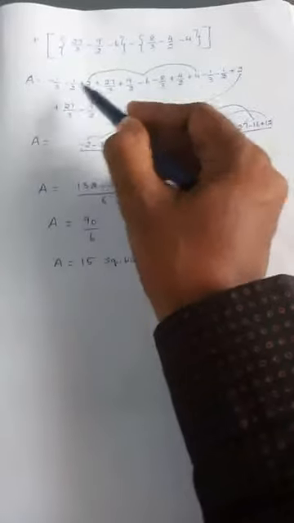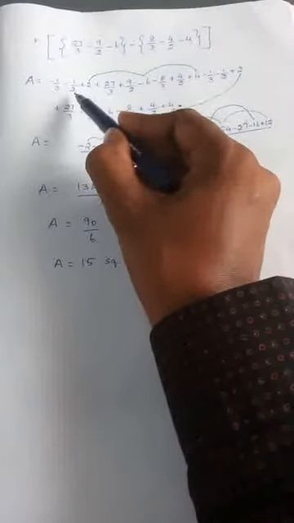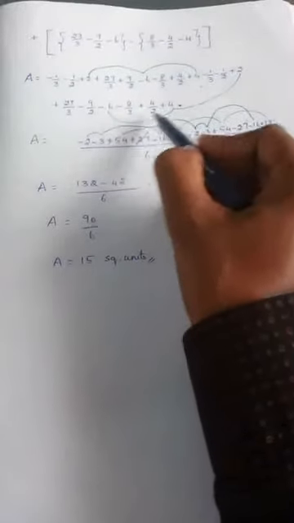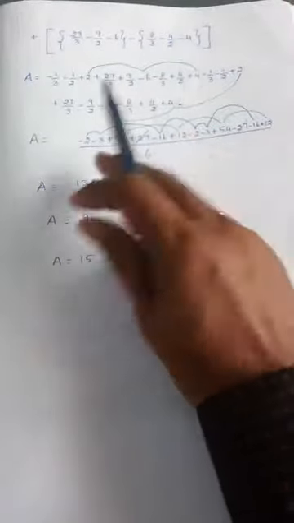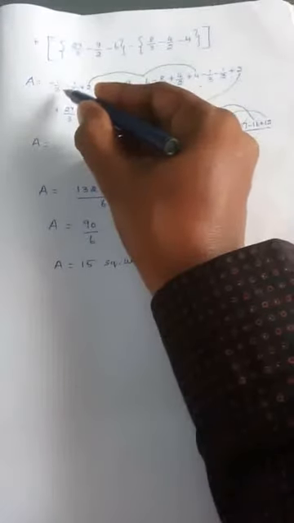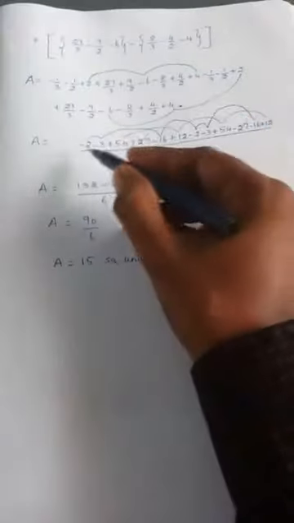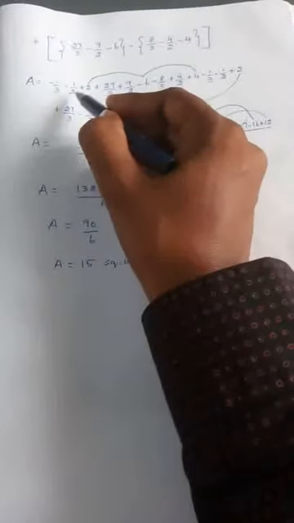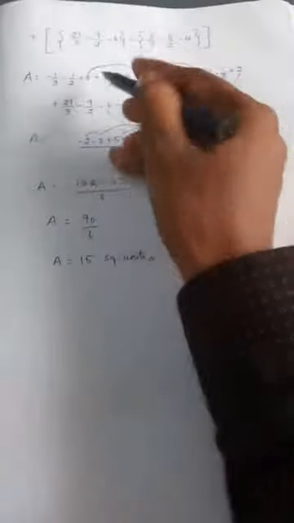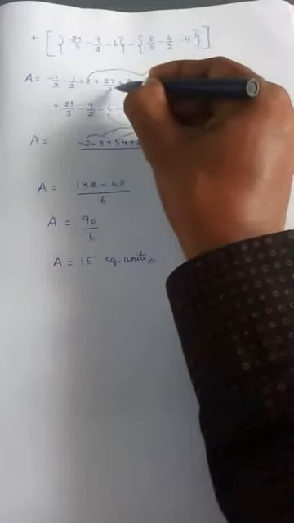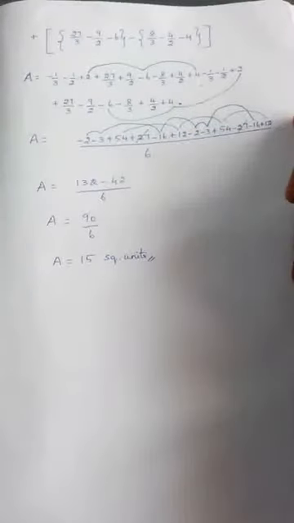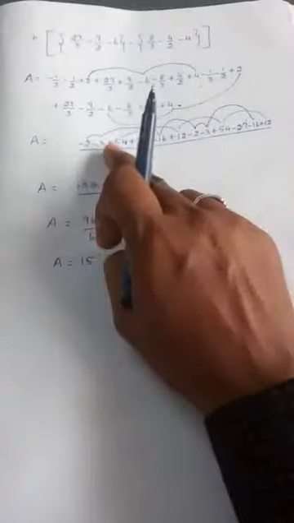Remaining terms are all in fractions. 3, 2, 3, 2, 3, 2, 3, 2, 3, 2, 3, 2. So LCM is 6. Accordingly, you write all the numerators. Since LCM is 6, into 2, numerator into 2, so minus 2. LCM is 6, 2 is present, 3, so into 3, minus 3. Like that you do. Here if LCM is 6, so into 2, 27 into 2, 54. Like that you do. Again, simplify all the positive terms.